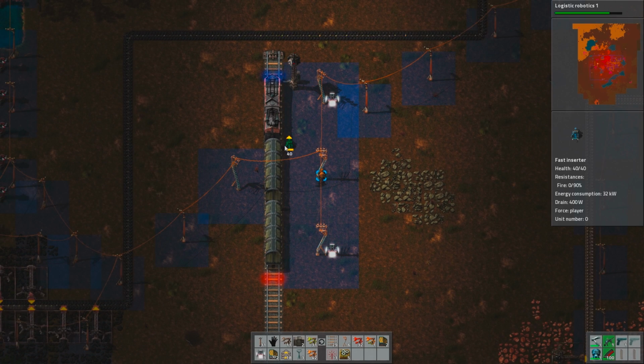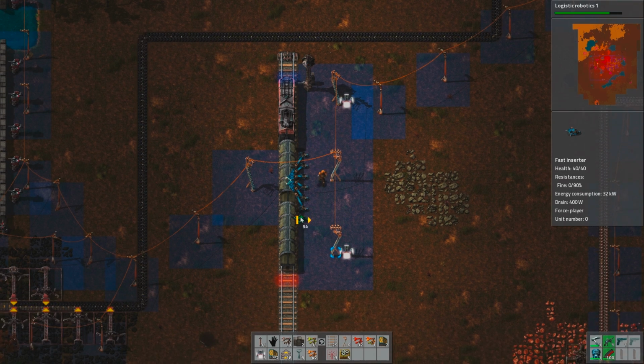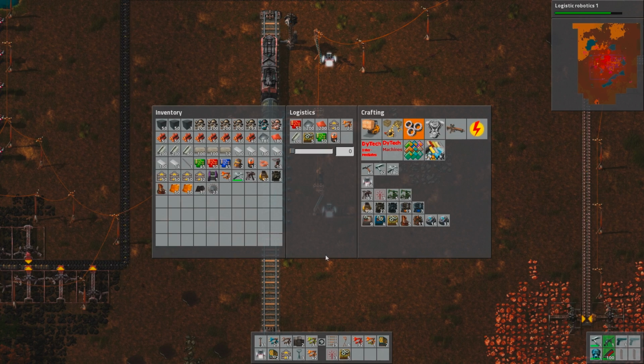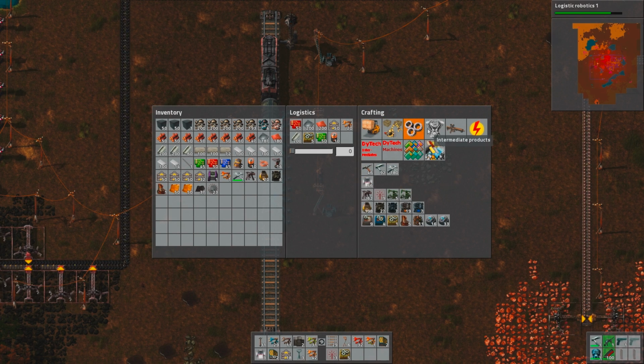All right, so we're going to use fast unloaders here. Nope. Nope. Yes. Yes. Okay. So all of these guys are now going to unload here. That's good. That's very good. And then what we're going to do is we're going to give ourselves some...